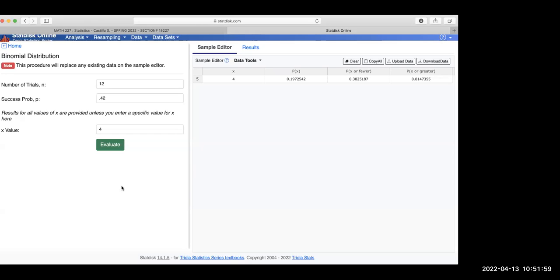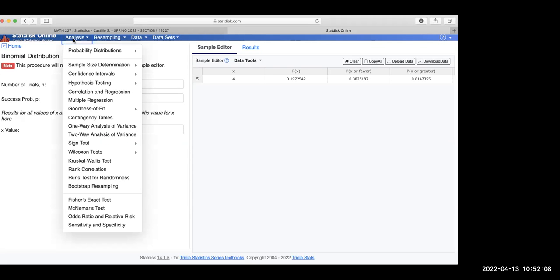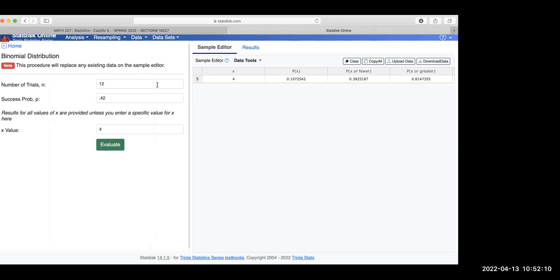And so if you type this into StatDesk, you have the following. So let's, again, click on Analysis, Probability Distribution, the binomial distribution. And we have here that n is 16, p is 0.41, and x is equal to 2. And if you do that, to find the probability x is greater than or equal to 2, we have